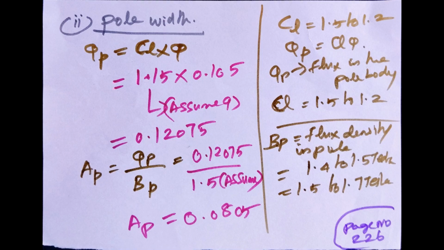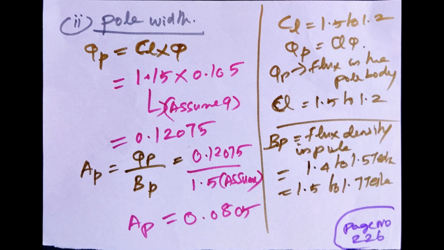Solution. Pole width: Φp is equal to Cl into Φ. The Cl value, already given in the theory class, is 1.15 to 1.2. Φp is equal to flux in the pole body. So Φp is equal to Cl into Φ, 1.15, assume, into 0.105. Φp is equal to, we get the answer